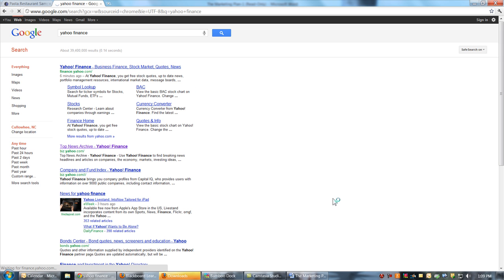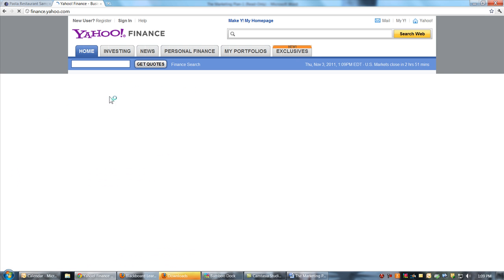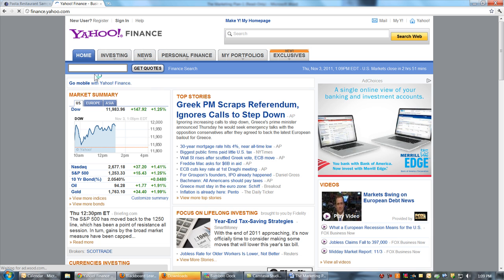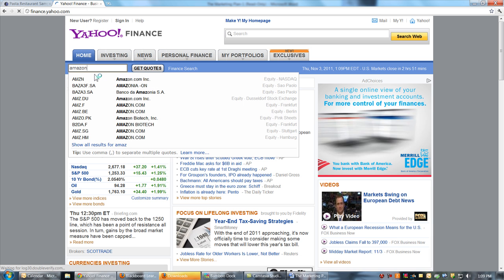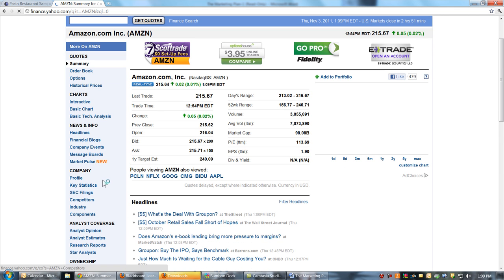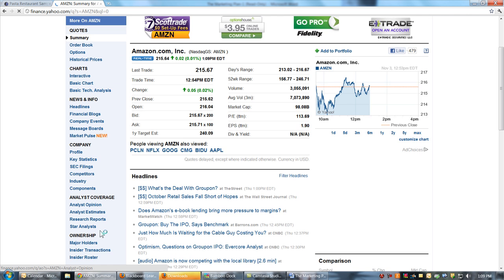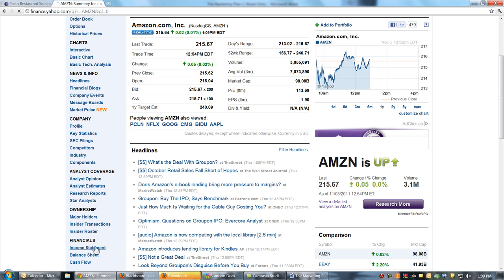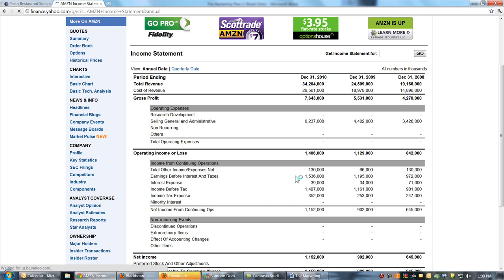We're going to use the exact same format that we've been looking at all semester. I'm just picking Amazon here. It's a company we've looked at several times. We're going to go to the income statement, and we are going to forecast the rest of this year, in other words 2011, which will be pretty easy because we have a couple of quarters of data already, and then we'll forecast 2012.